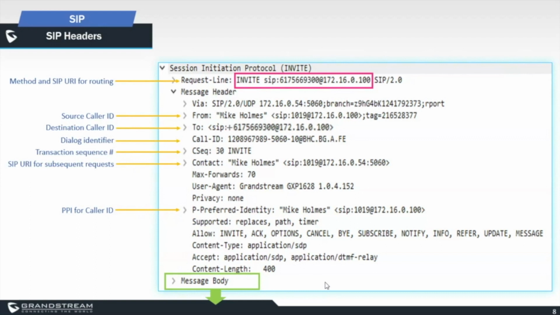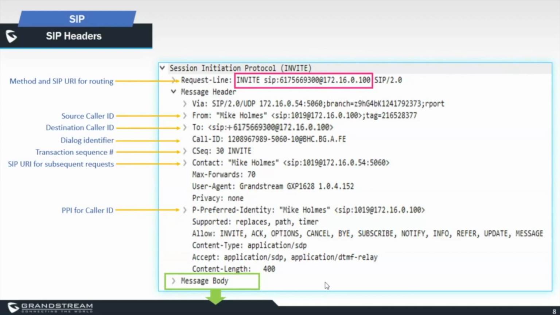So if that is the case, you go to the trunk, and then you configure the PPI with the caller ID that you would like to send to your provider. Not all providers support the PPI and PAI, so this is something that you need to check with the support guys of your provider. And in the invite message, so we talked about this information here, and inside the invite message,